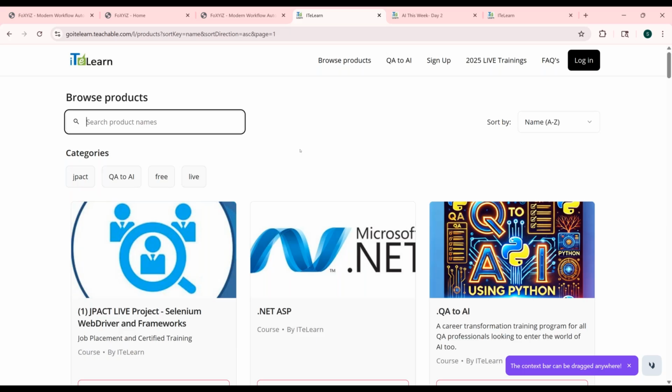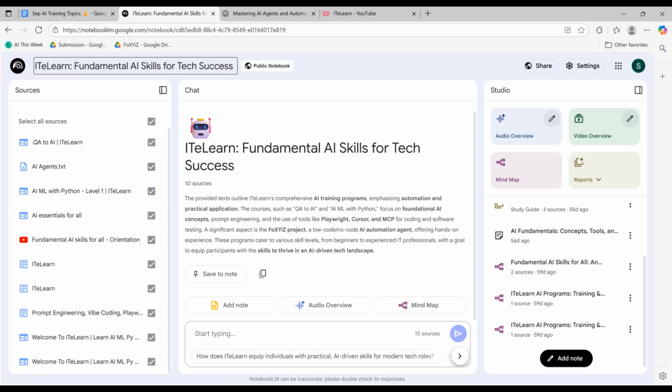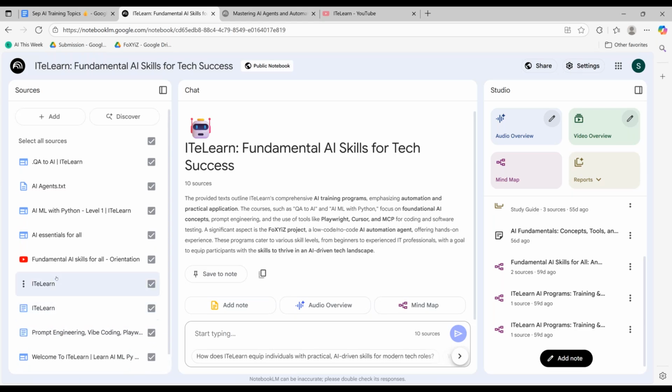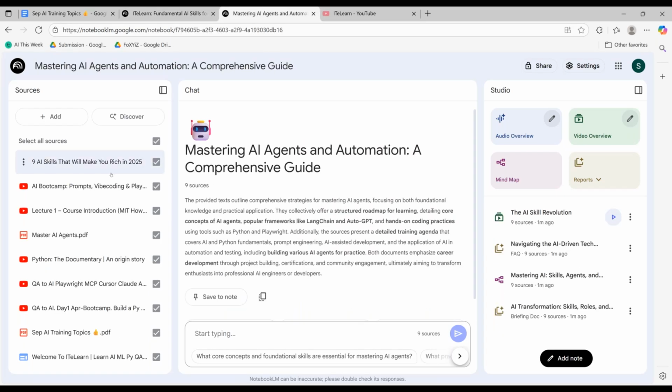All right, and now let's look at what I did with Notebook LM, team. There was always this earlier one where whatever I'm trying to do with ITeLearn and teaching, I put it up here. And then I also added, where is the September training here? Okay, this one.